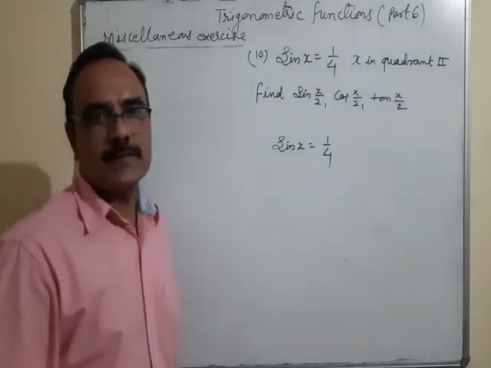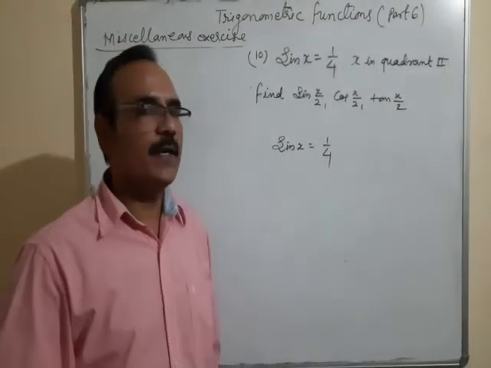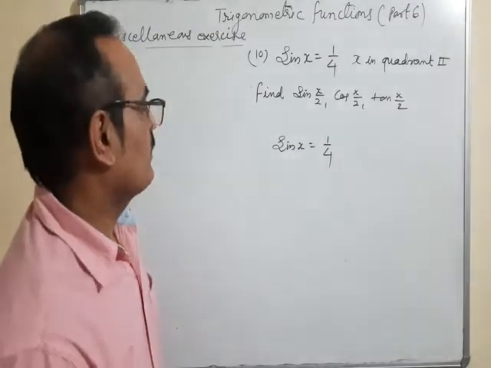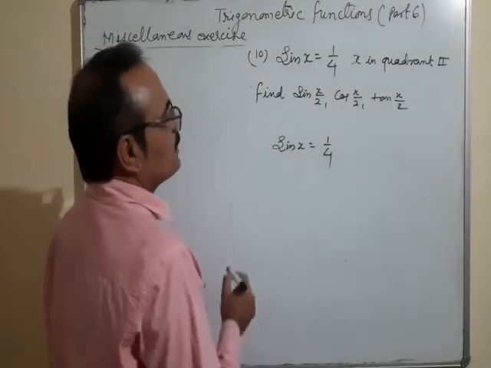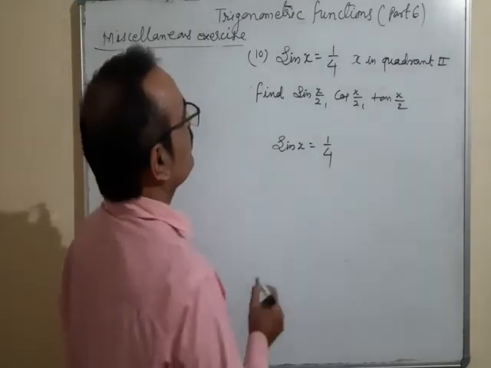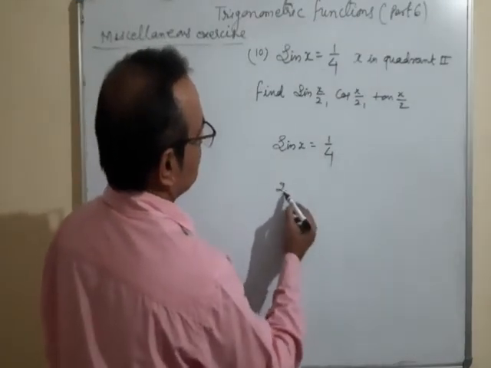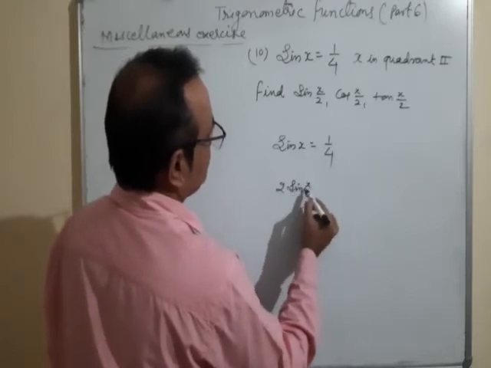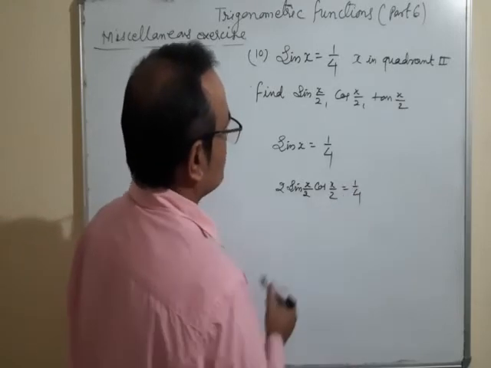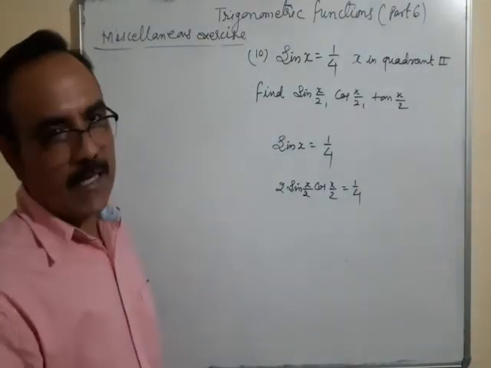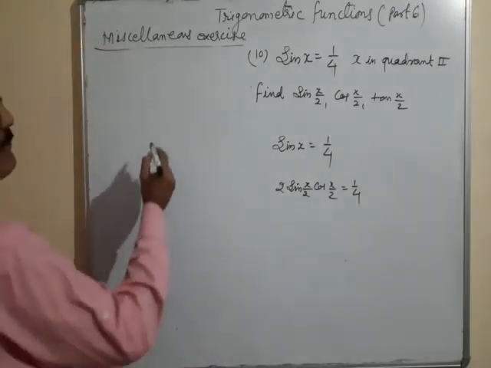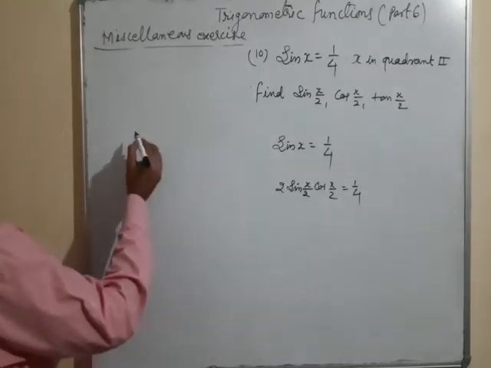For finding the half angle, what should be done? How to find out the value of sin x by 2? Okay. So because we have given only sin x, may I write here 2 sin x/2 into cos x/2? Okay. 2 sin x/2 into cos x/2. But if you are using this, then what happens? We are getting the value of x/2 in the sine as well as x/2 in cos. So better to use one formula, that is